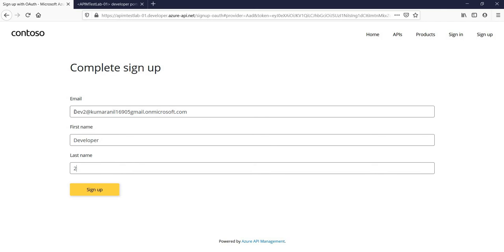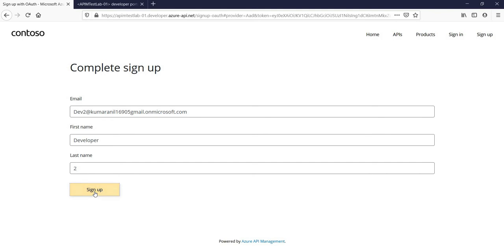Why? Because if you are using different email addresses, in the same way it will create a record on the APIM instance. So in case in future the user wants to have a different authentication type, and if they use a different email address, they might get confused. That's why it's always suggestible that the user should provide the same email address they have used on Active Directory.